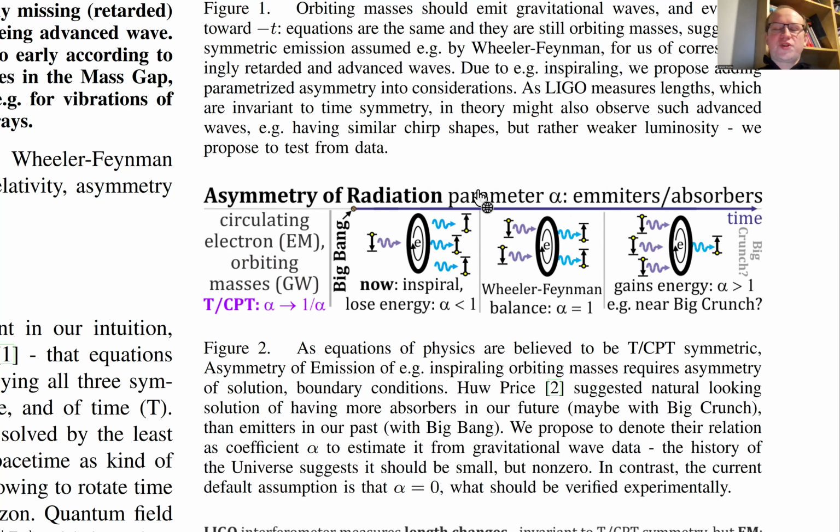That rotating mass or charge could not lose energy, would just emit and absorb the same amount, and this would be the Wheeler-Feynman condition. So maybe it will be reached in some future, but now there is asymmetry because there are more absorbers than emitters, but this is not perfect. Sure, there are more absorbers, but the number of emitters is not zero. So maybe this alpha should not be assumed zero as currently is, but maybe some small amount, let's say 100s, 1000s, which says that there should also be the advanced wave, but it should be weaker.